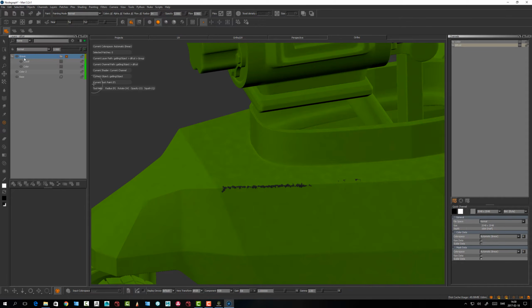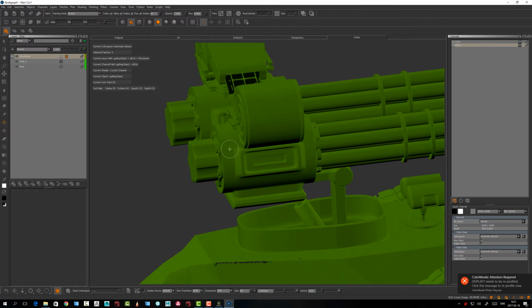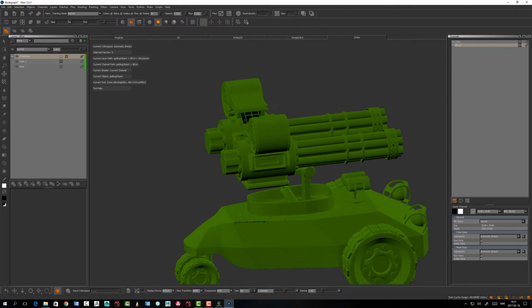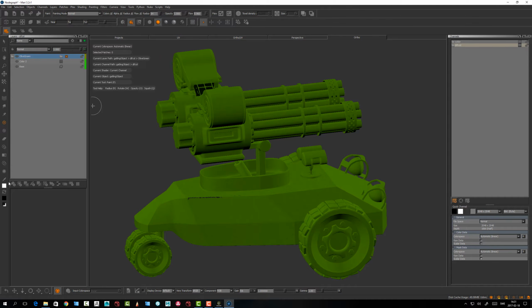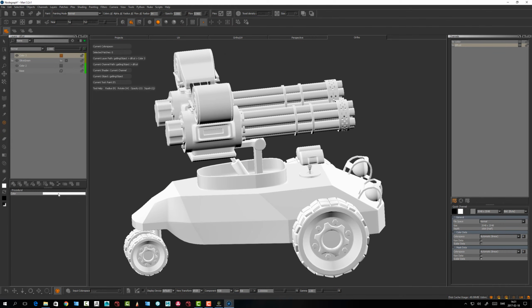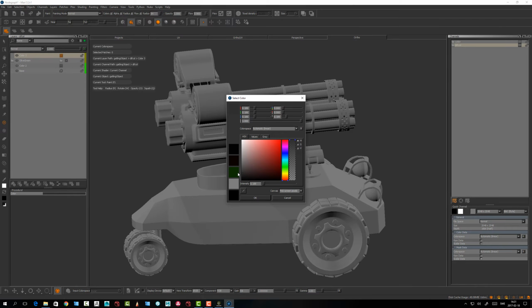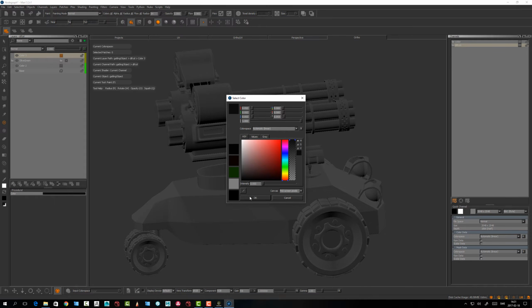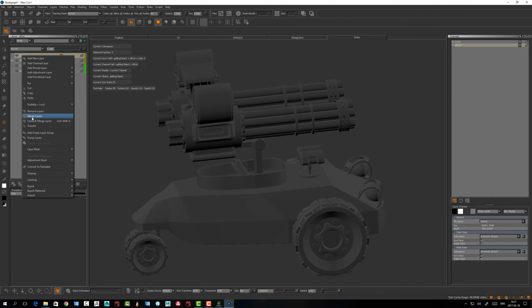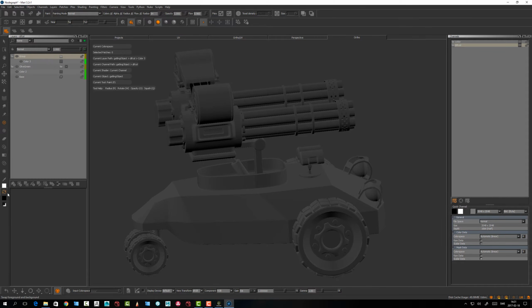And let's rename this to olive green. Okay, and let's make this, maybe this the gun here, let's make a color there as well. Color, let's set it to something gunmetal. Let's group it, let's make a mask,